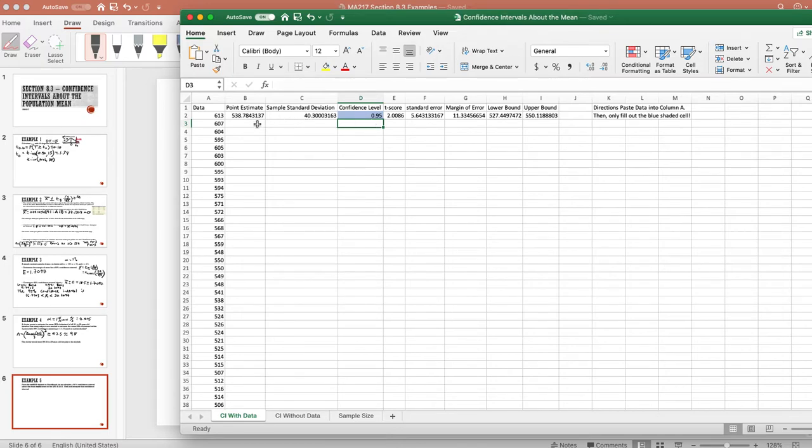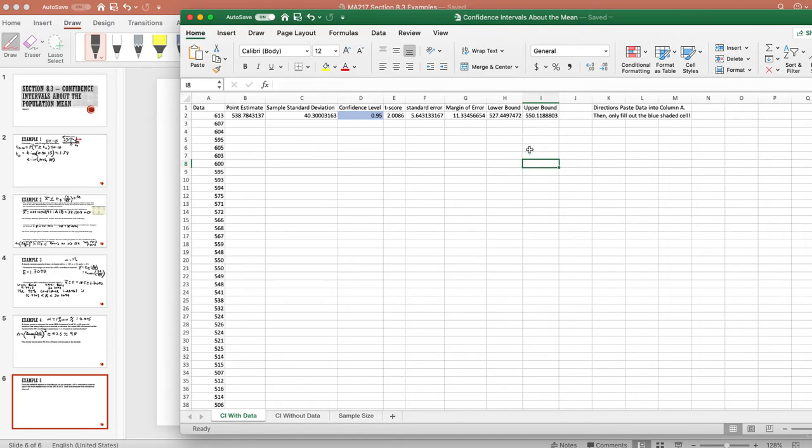According to this, our point estimate's 538.7843. Sample standard deviation of 40.3. Standard error of 5.6431. Margin of error of 11.3346. But specifically, we cared about the